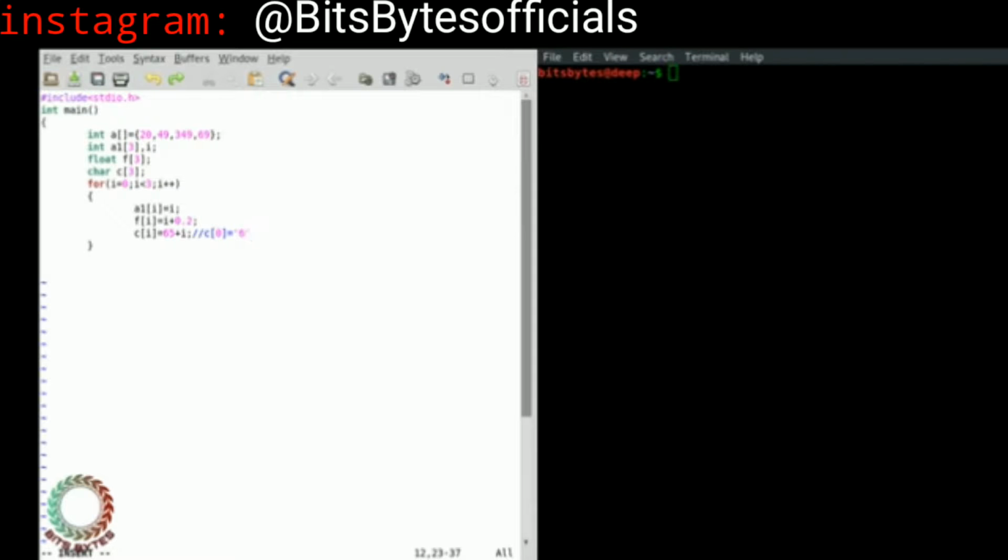If you store another combination of 0 to 9, then it becomes a string or a character array. I show the result of all these things.